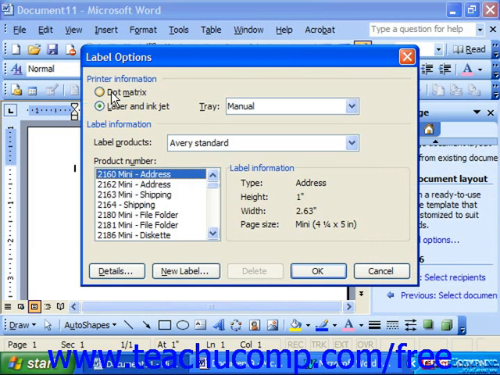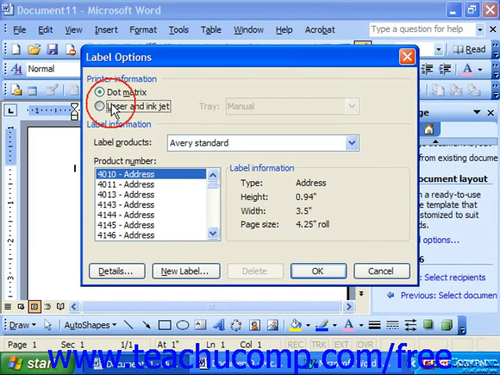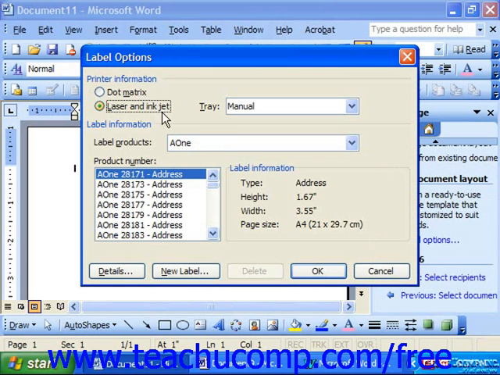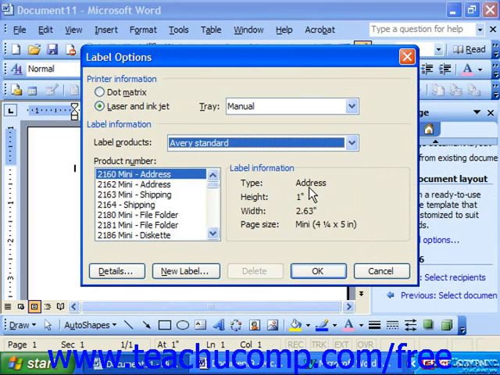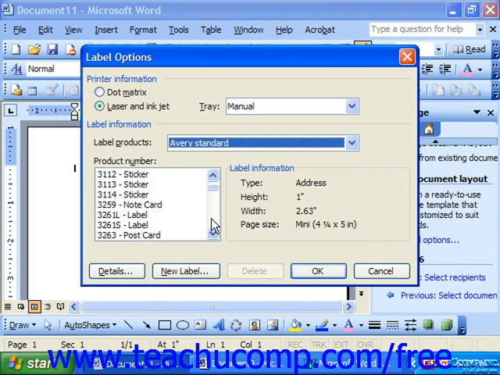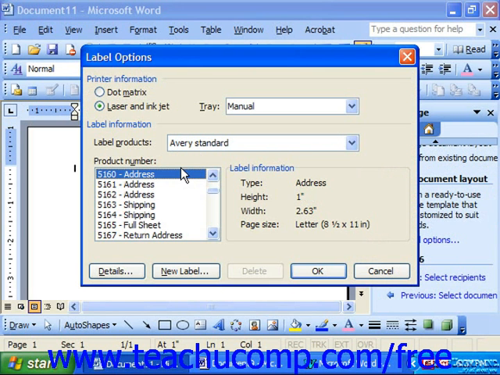Here we have to choose whether we're using dot matrix or laser and inkjet labels. So let's say we're using laser and inkjet. We would then use the Label Products drop-down to select the name of the manufacturer from whom we purchased the labels, and look on the box of labels themselves for the product number that you purchased. So 5160s from the Avery Company, let's say. Those are fairly standard. You would then choose OK,